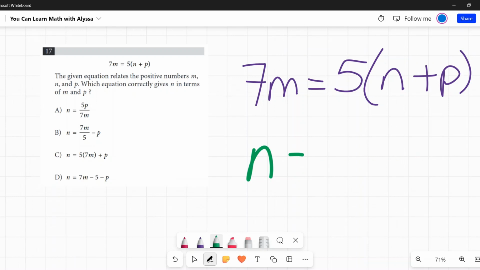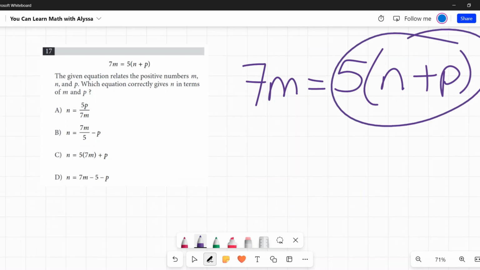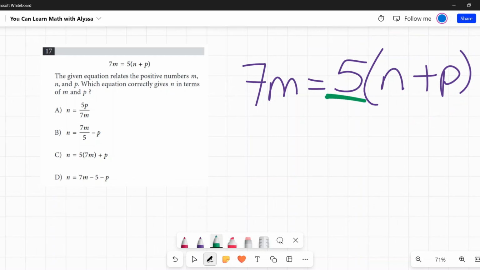They don't want you to solve for n in the case of finding what does n equal. Is n equal to 5, to 7, to 25 million? No, they just want n by itself, everything else on the other side. So to do that, I'm going to step by step isolate n. First, I've got this 5 out here by itself, being multiplied times n plus p. So I'm going to divide